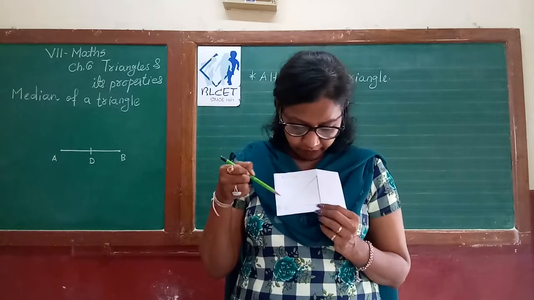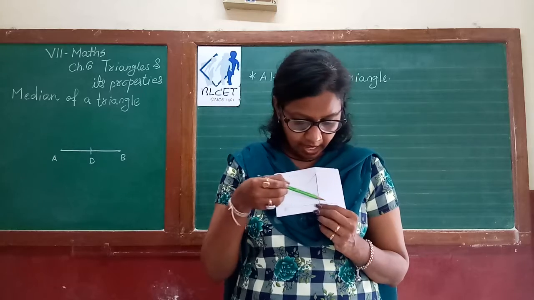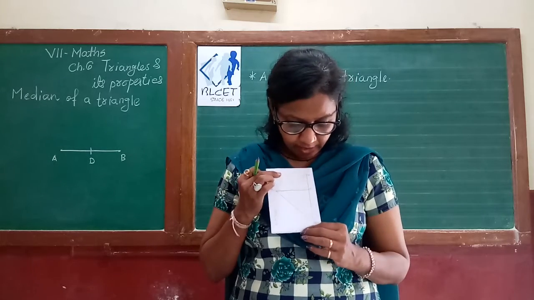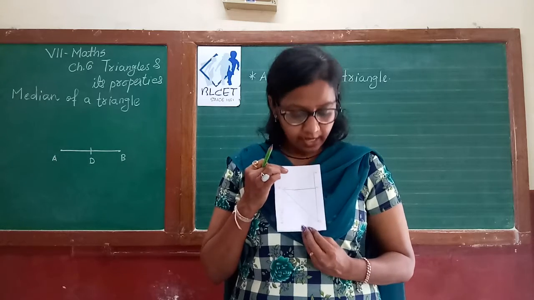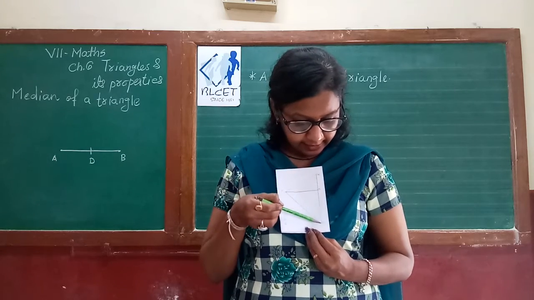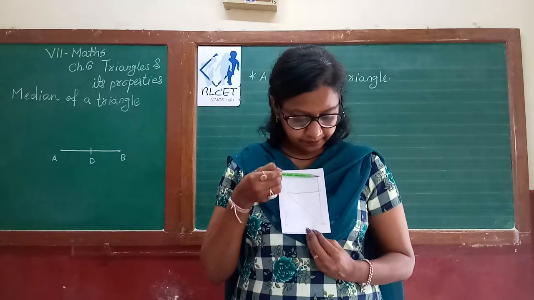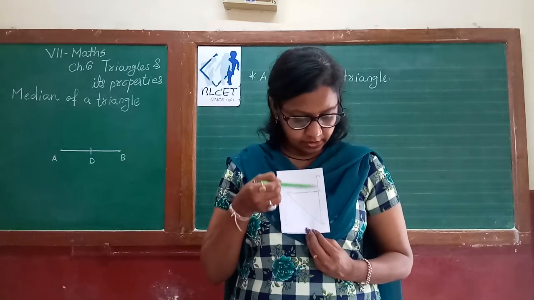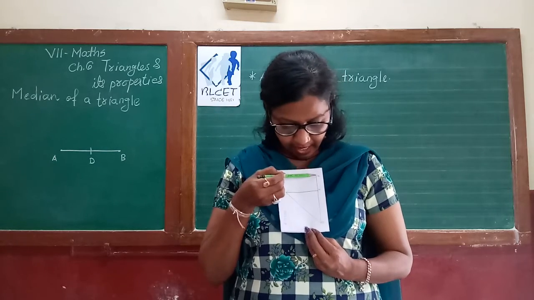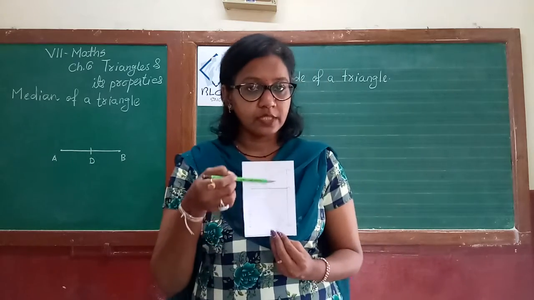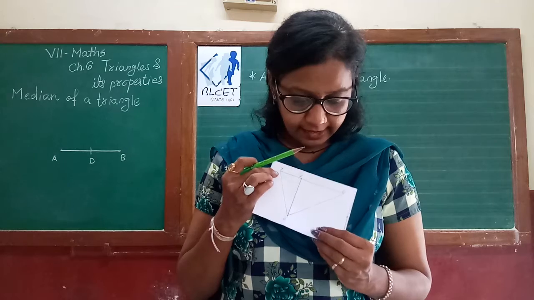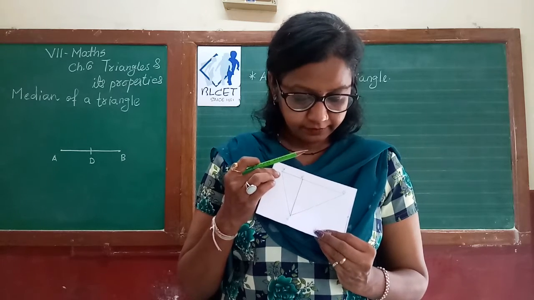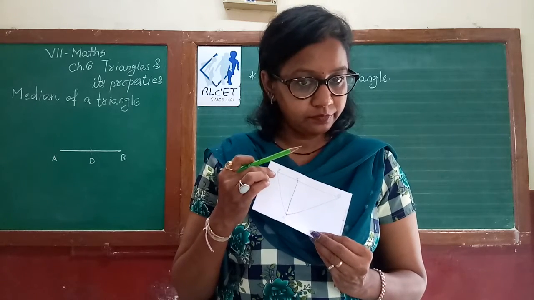The same process we can follow for R. Suppose your triangle is now like this, and I want to find the height of this. What is the height of this? This height is nothing but its base. If you consider this triangle, this is the height of the given triangle RPQ. So this is your height. In the same way, if your triangle is like this, then how will you do it?